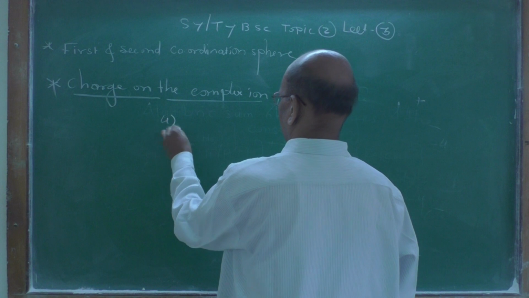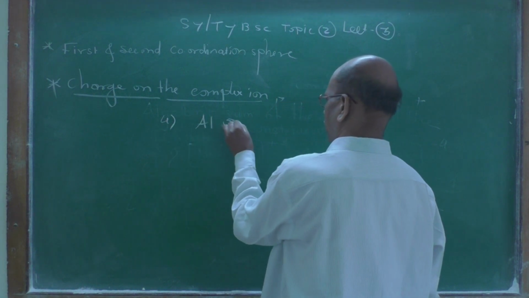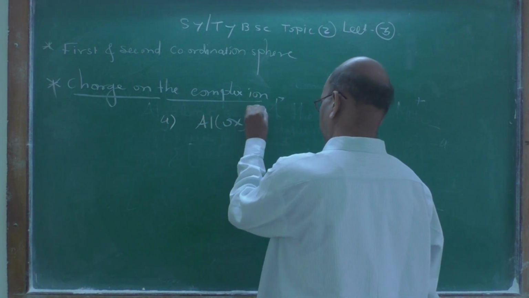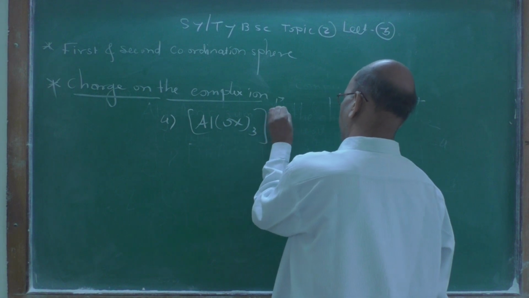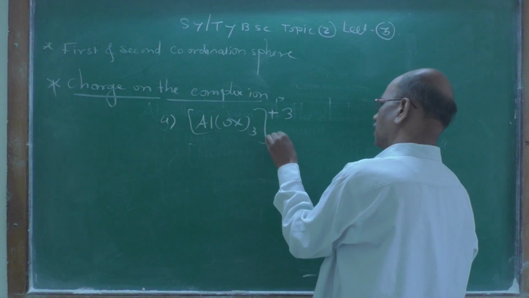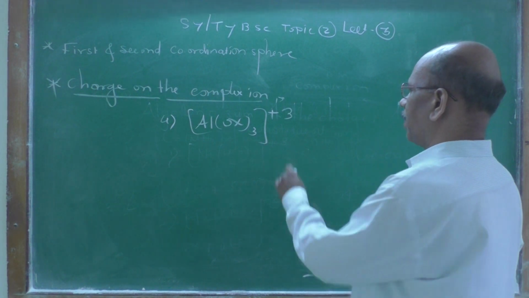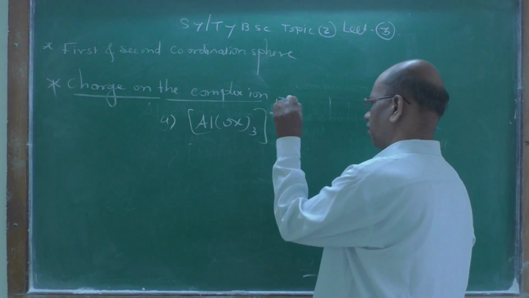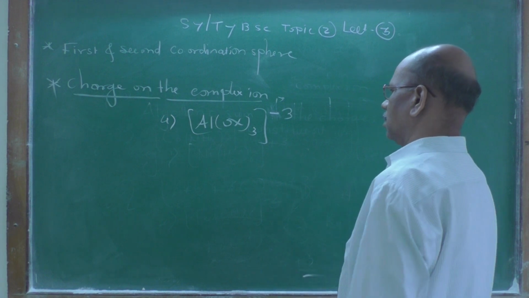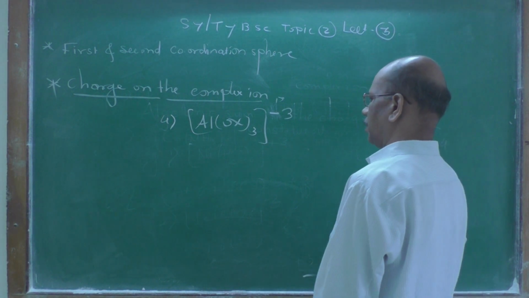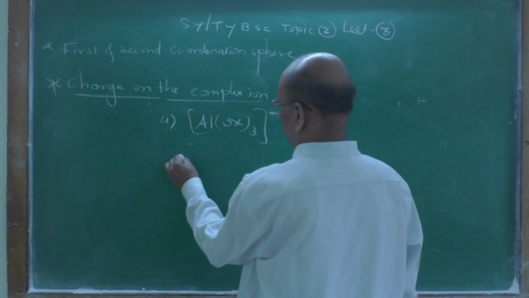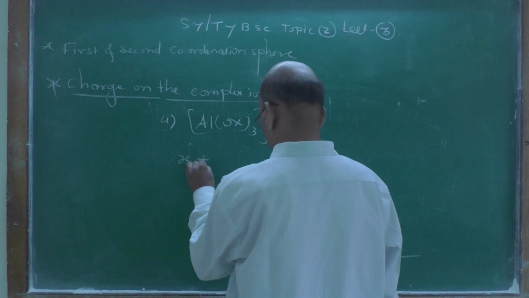Suppose it is [Al(ox)3] having a +3 charge, and a -3 charge is there, the total is 6. So I have to find out